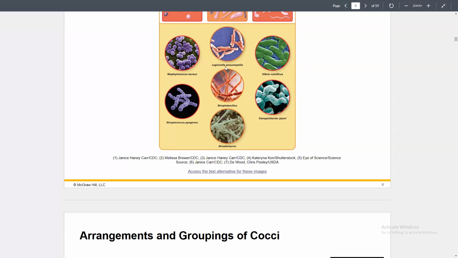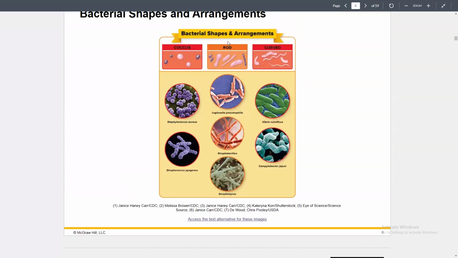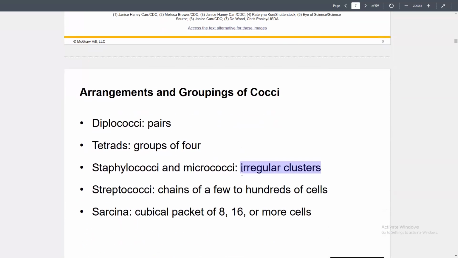Like here, we have Legionella pneumophila. Does that tell you it's going to be rod-shaped, when we said rod is bacillus? It doesn't tell you, does it? Look at streptobacillus. Again, still strips or chains of bacilli. They're just linked together end to end. So that has it in its name. All right,